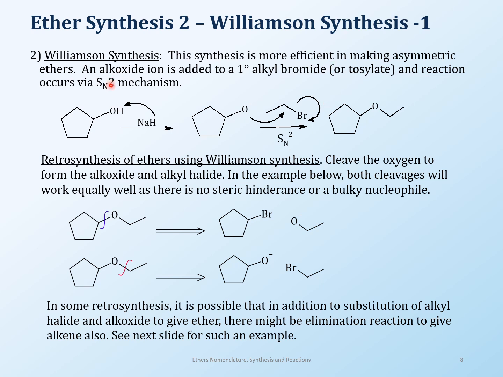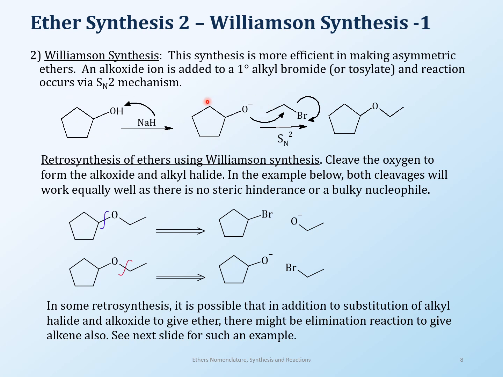So to make asymmetric ethers, Williamson synthesis is used. Williamson synthesis is a very common mechanism that you have done before, hopefully, in SN2. SN2 is where you have a nucleophile and you have a substrate. I've talked about this in alcohols also, where you take an alcohol, treat that with